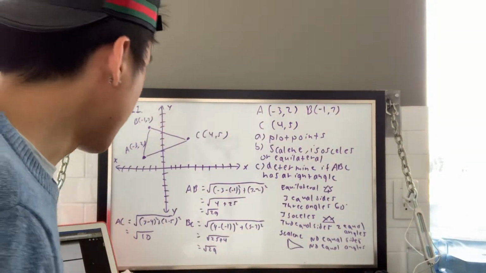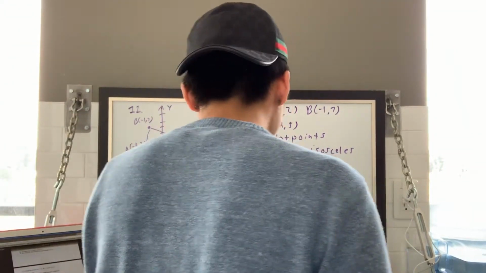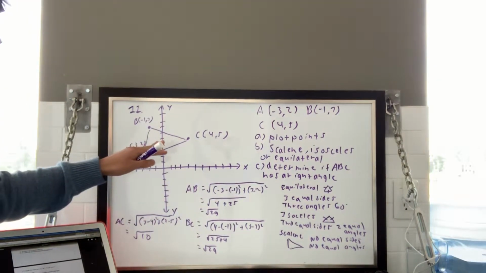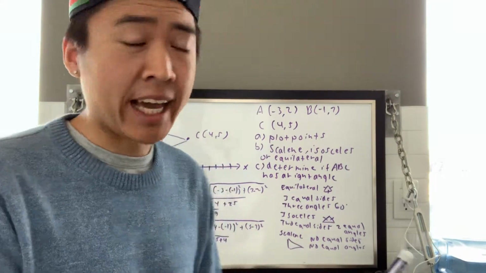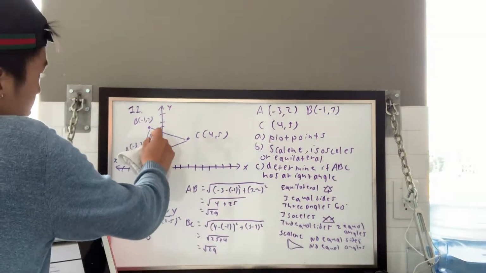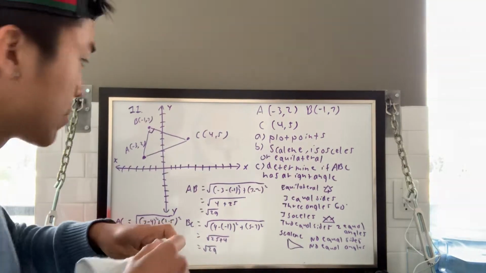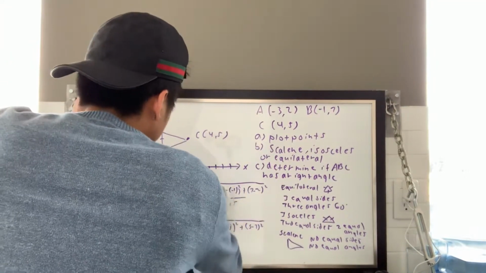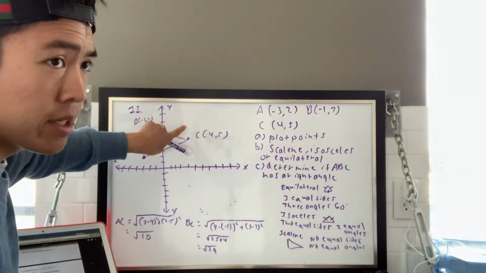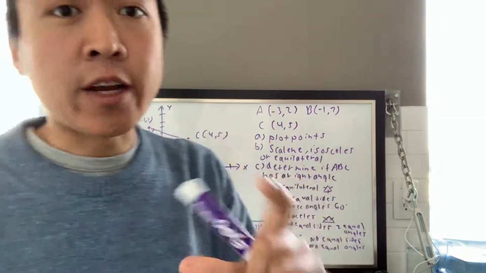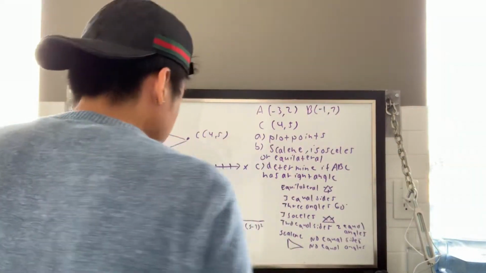Now, the next part of the question is to prove that the triangle has a right angle. Based on my sketch here, it seems the biggest likelihood of a right angle existing in this triangle is right here, or we could say angle ABC. So I'm just going to erase this part right here. What I'm going to do essentially is, if the slopes of this line segment and this line segment are negative reciprocals of each other,